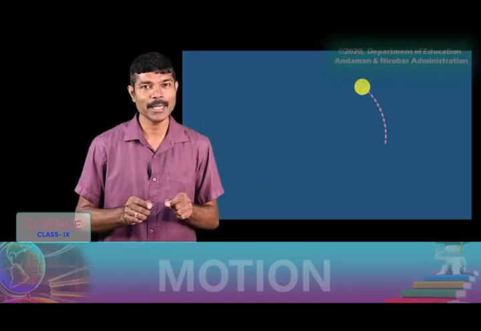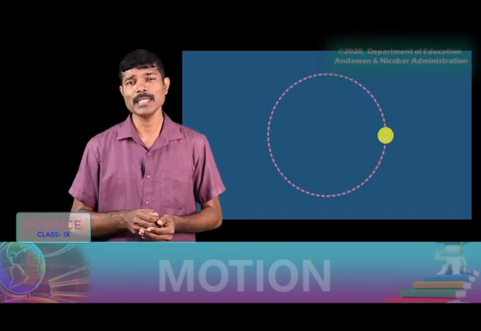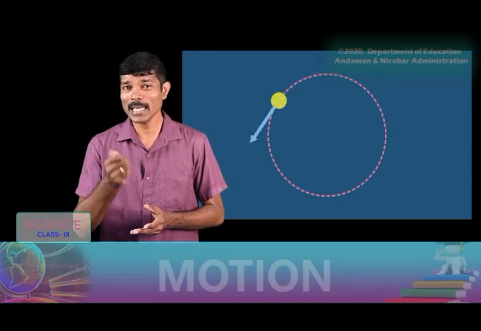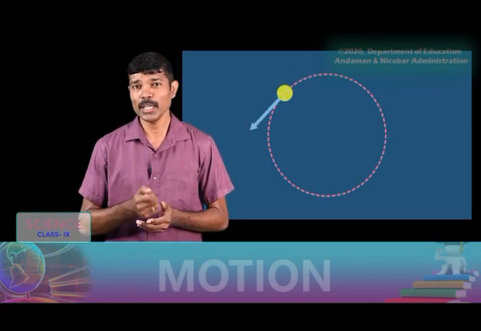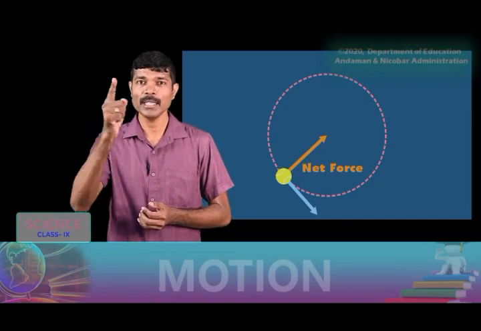Children, force is required to make an object follow a circular path. In order to make a circular motion, we need to supply force. When a stone tied with a string is allowed to rotate, what happens? We are pulling the string towards the center, so the force is applied towards our hand. With that force, the object is revolving in a circular motion.